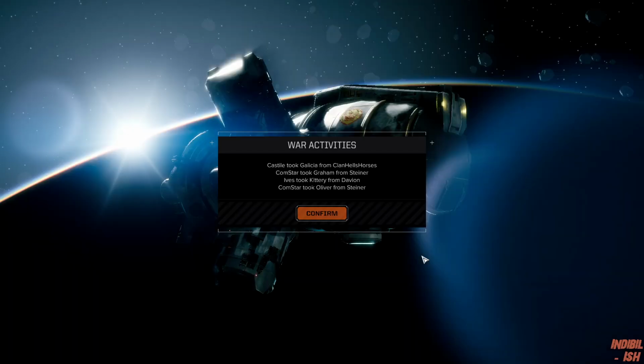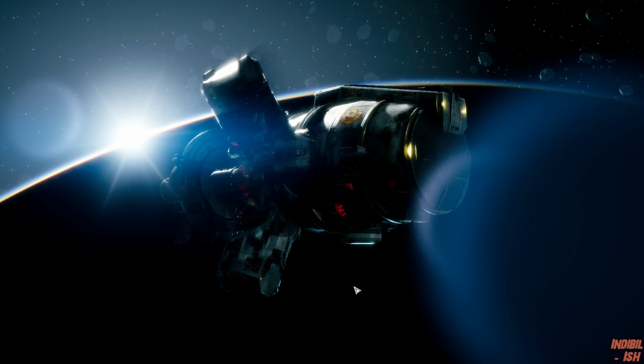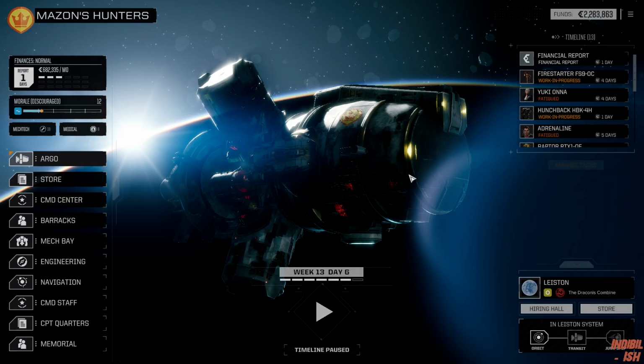When we get the Omni Firestarter out of repairs, we're probably dropping the regular Firestarter. And from there on, we just start hunting for heavies, I guess. And better equipment, of course. No damage, but